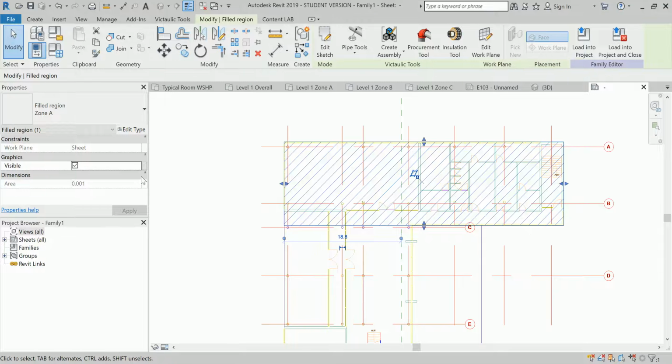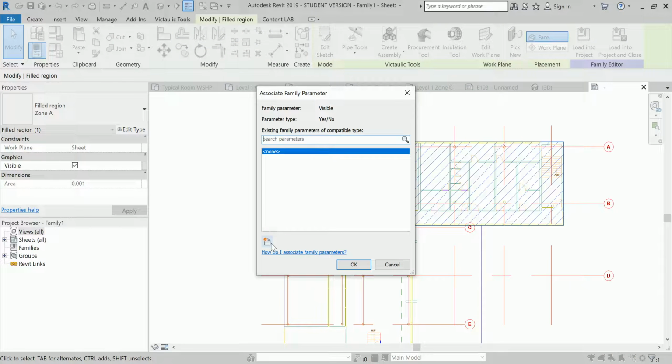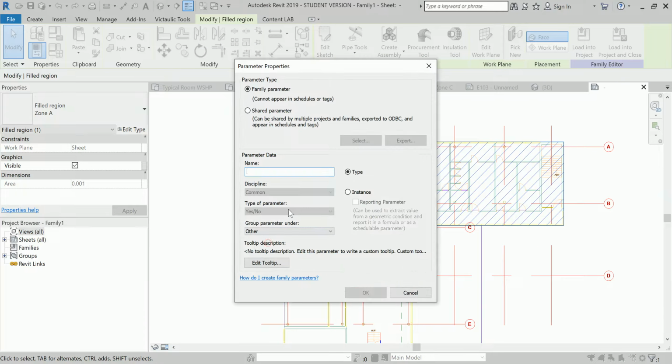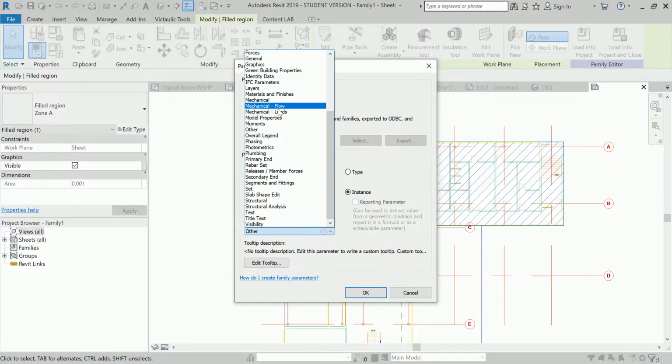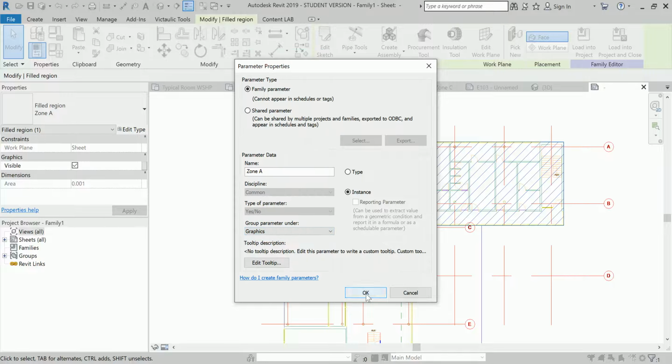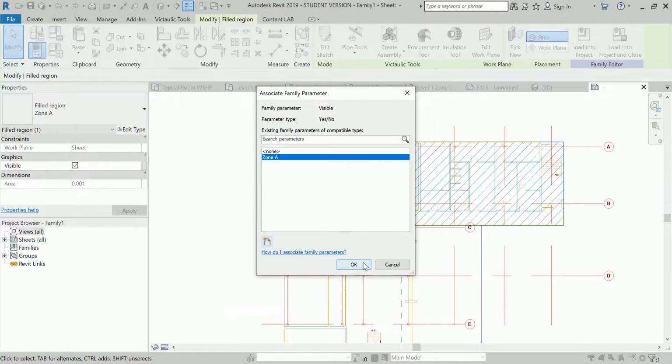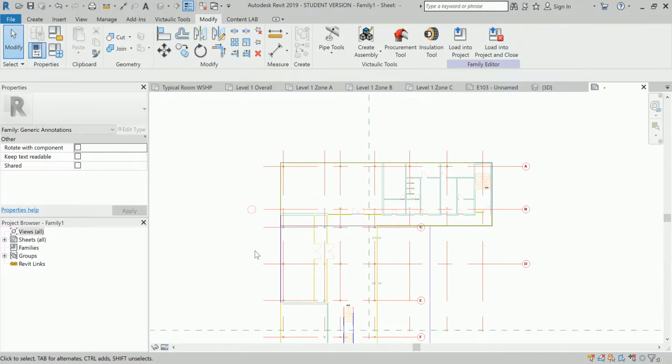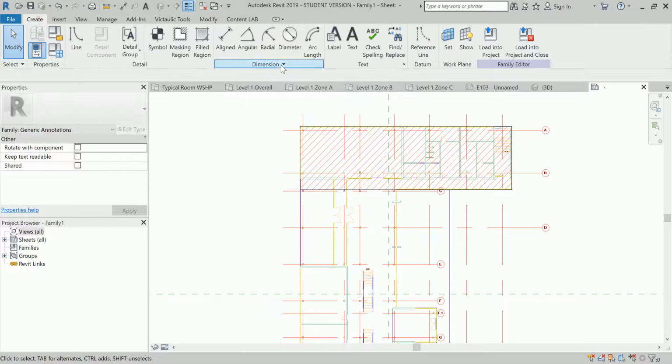but now you have to create it as a parameter. So I'm going here and going for new parameter. I want to name it zone A. Why I'm doing this, I will show you when I put it onto a sheet. So go for instance here and the parameter under my graphics, go for OK. Now again,